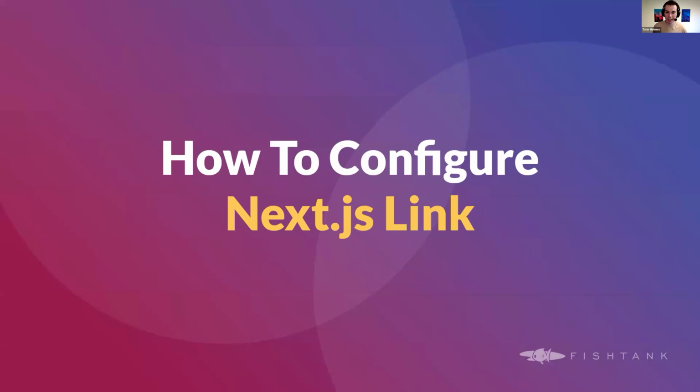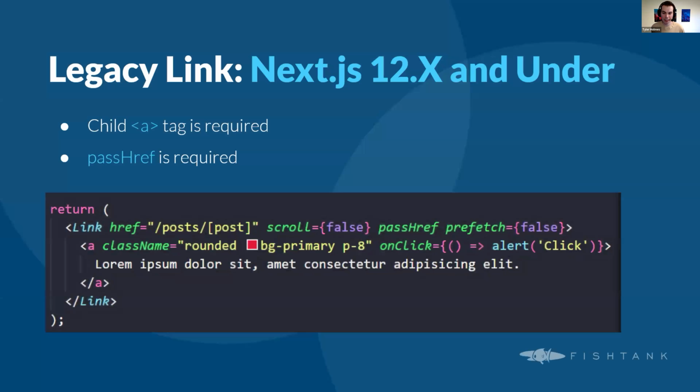So how do you configure the Next.js link? It's actually super easy. In Next.js version 12 and under, your version of NextLink will be different. You'll be using what's currently labeled as the legacy link. The main difference you'll notice as a developer is that the legacy link requires an anchor tag to be nested inside the link tag. Then you can apply all the properties like onClick, className, directly to the anchor